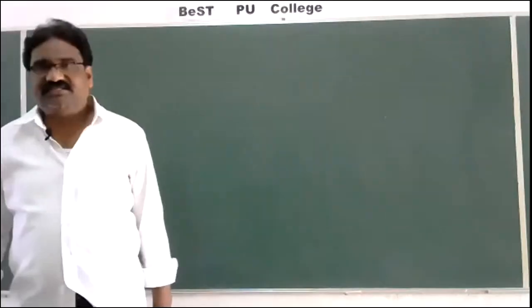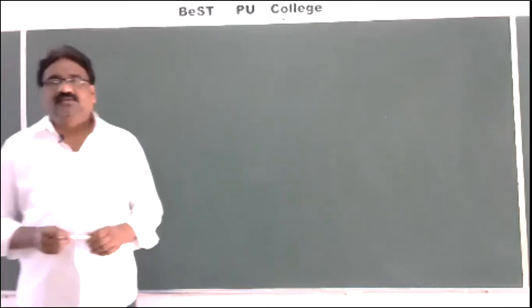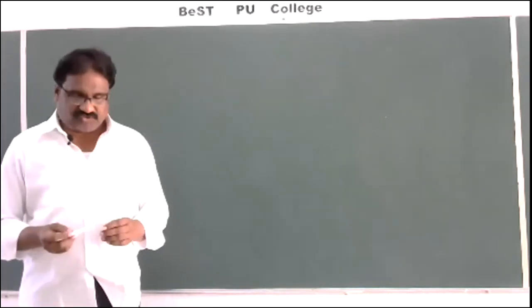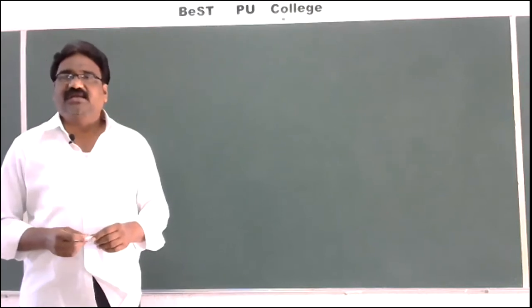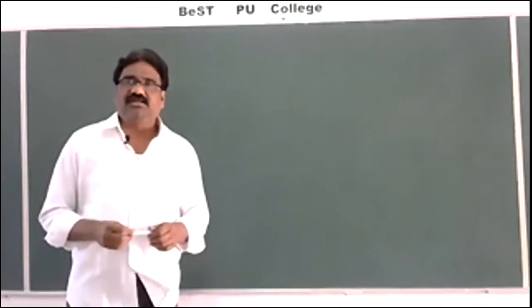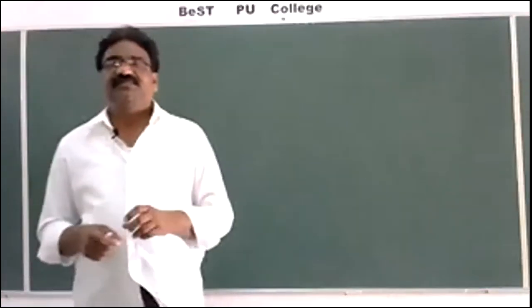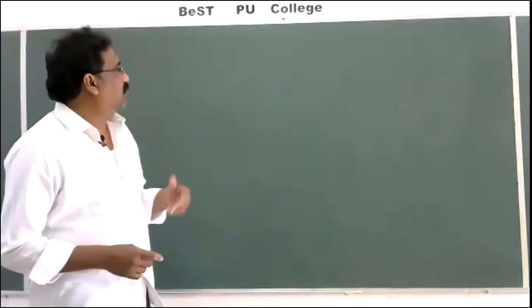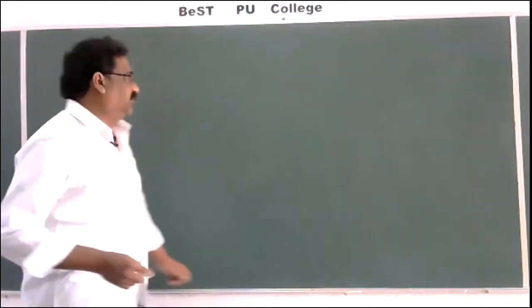Yes, good morning, students. Yesterday we discussed parallel lines. If two lines are parallel, their slopes are equal, and if two lines are perpendicular to each other, then the product of their slopes is equal to -1. We proved these two theorems, and one problem is also done. Another problem, right?